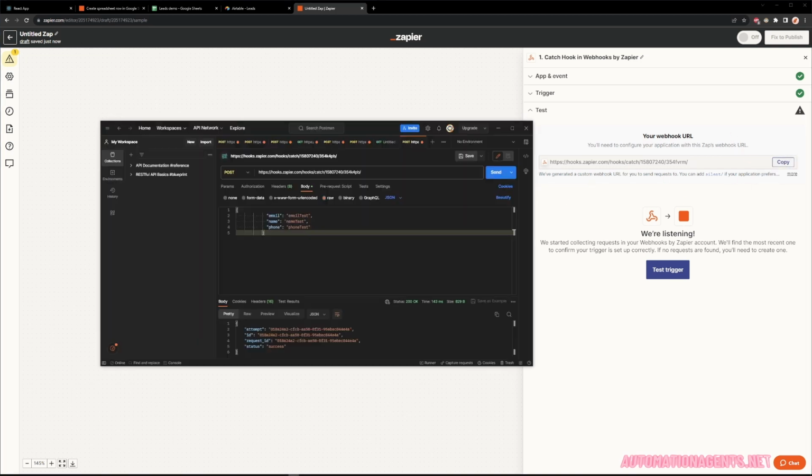In order to test, you need to send a test payload. For this example, I'm going to send a test payload using Postman. So I copy this URL, put it here, put my payload, and it just simulates a form submission essentially. So if I click send,